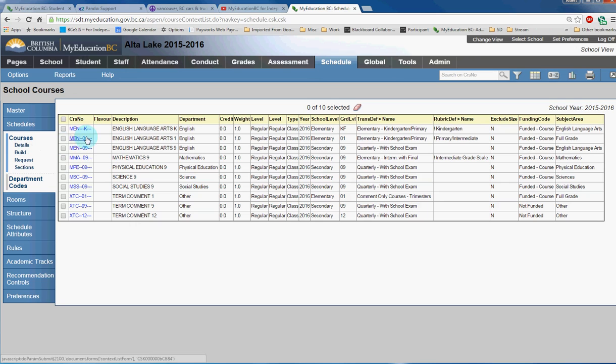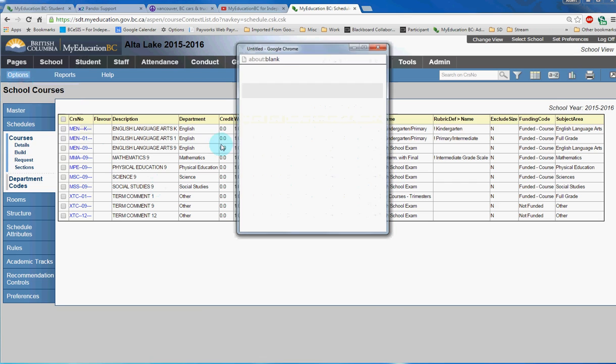Courses side tab, and have a look to make sure that you don't already have English 10 in there. If you do, that's great. You don't have to do this step, but if you don't, like I don't here, we need to add it. So to add a course, click on Options, Add,